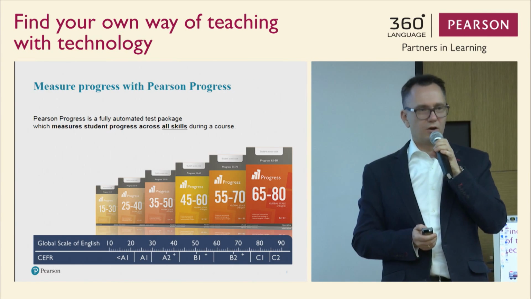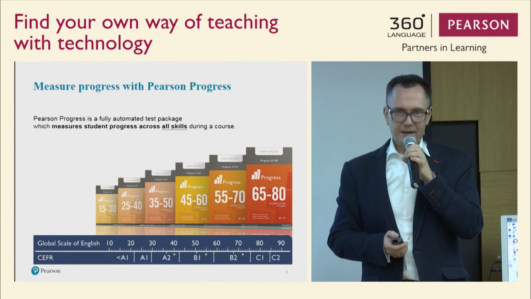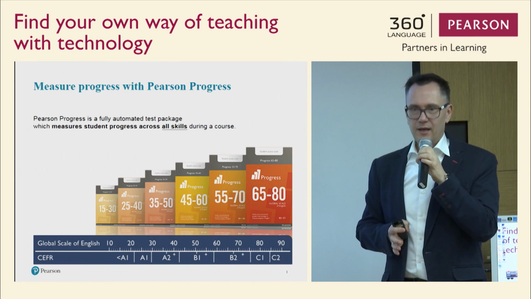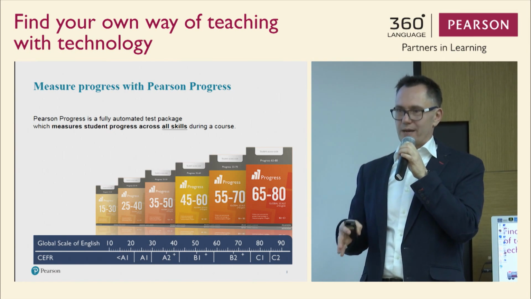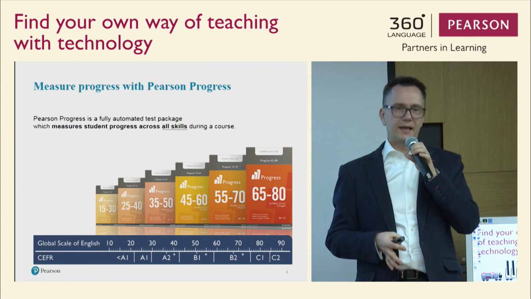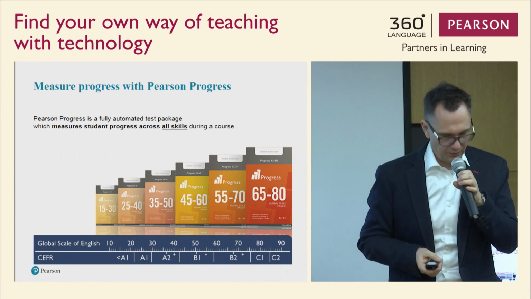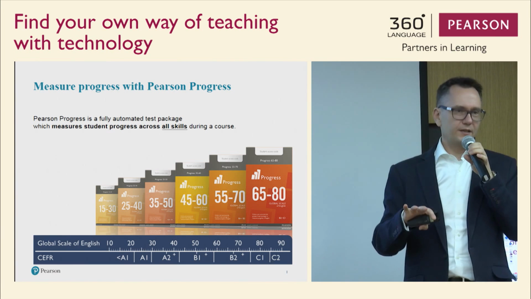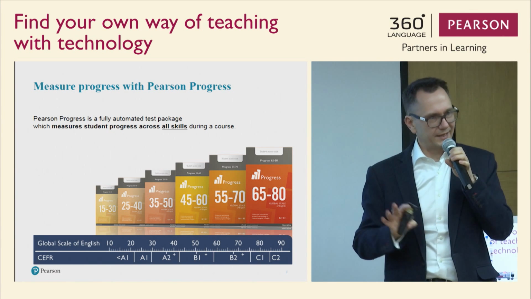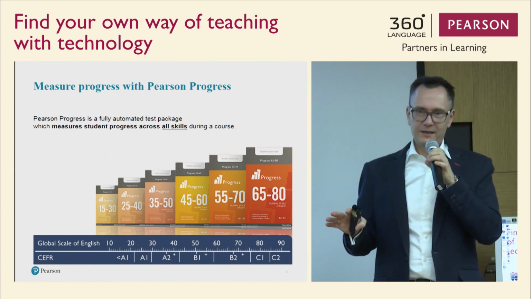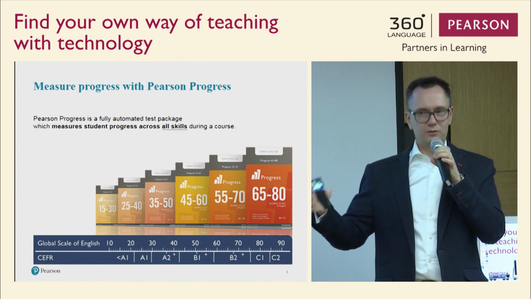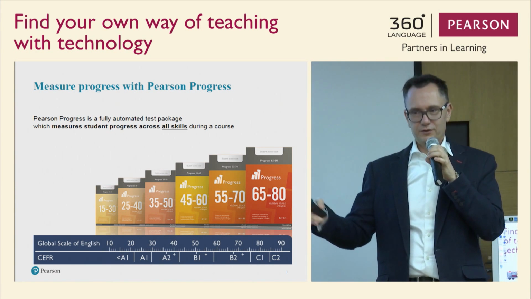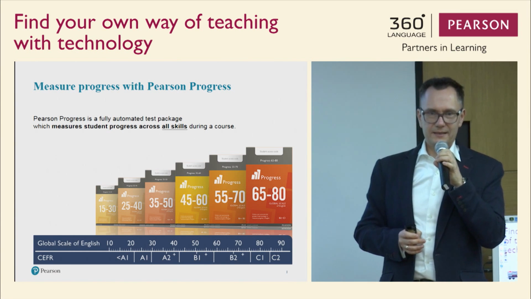and give them what we call Pearson progress test, which is in a way similar in the way it works to Pearson placement, because it is also a fully automatic test, which means that again the student sits in front of the computer and takes the test, which lasts 40, 45, sometimes 50 minutes, because again it is adaptive, which means that for some students, the computer may need a little bit more time to evaluate the progress. For some students, the computer may need less time.